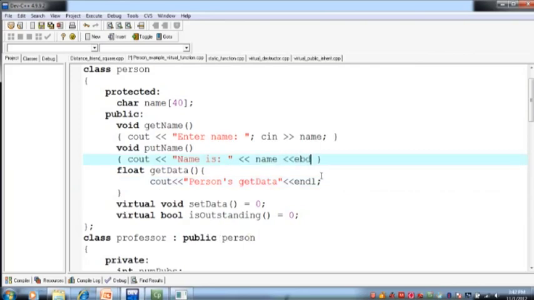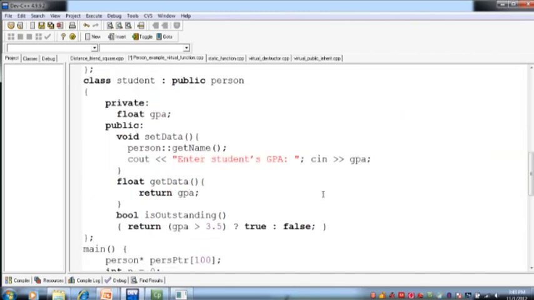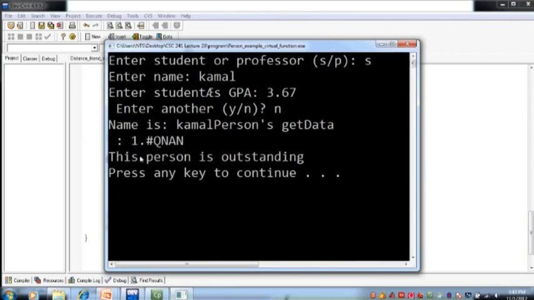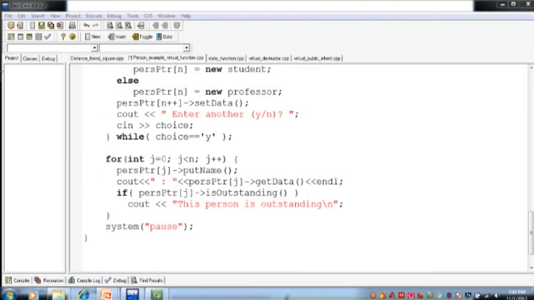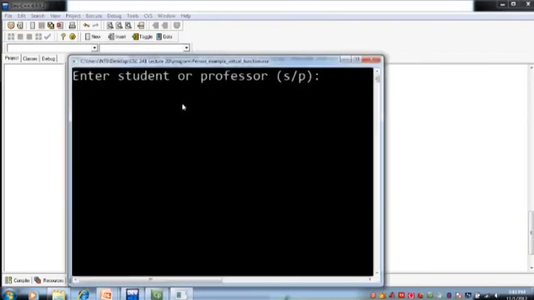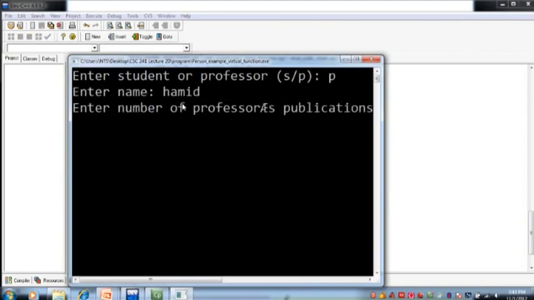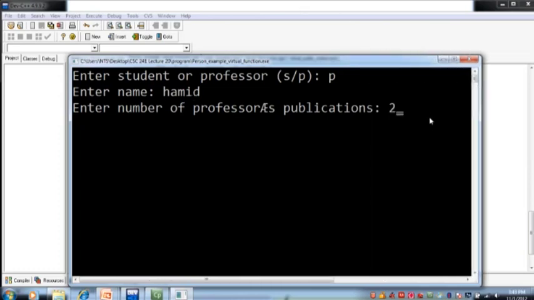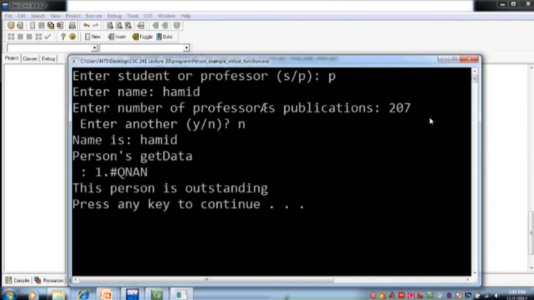यहाँ पर हम दोबारा लिख देते हैं end line, right, semicolon, and then there is some garbage value that is appearing. So let's once again compile and run the program. Okay, professor data, name of the professor is Hamid, enter number of publication for professor. So let's say these are 207. Okay, it says